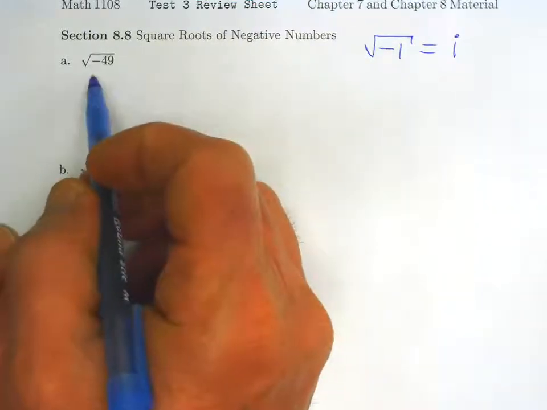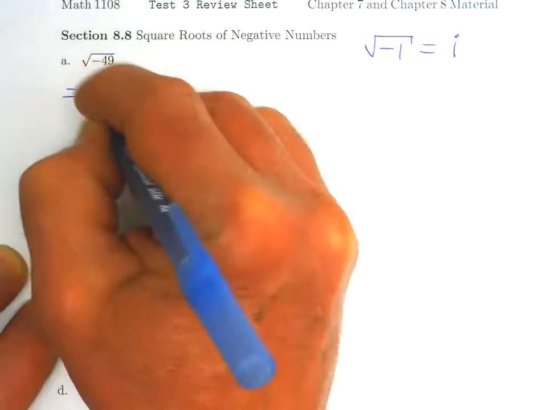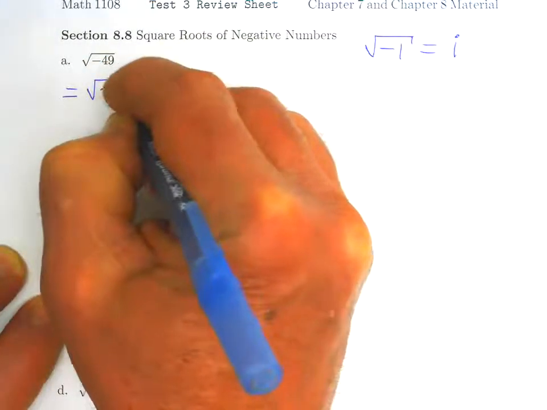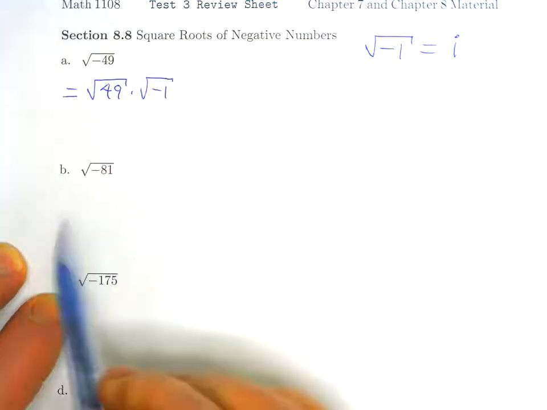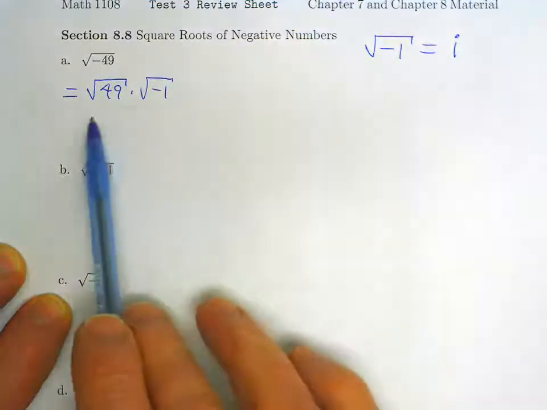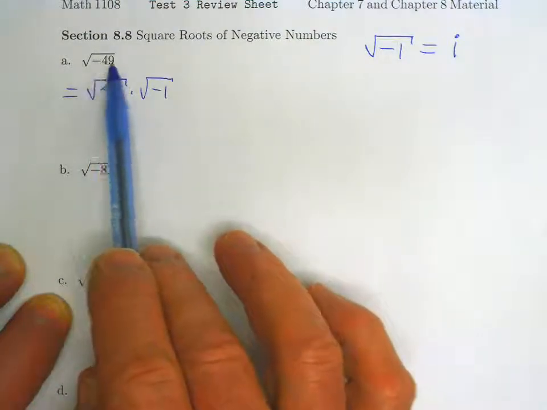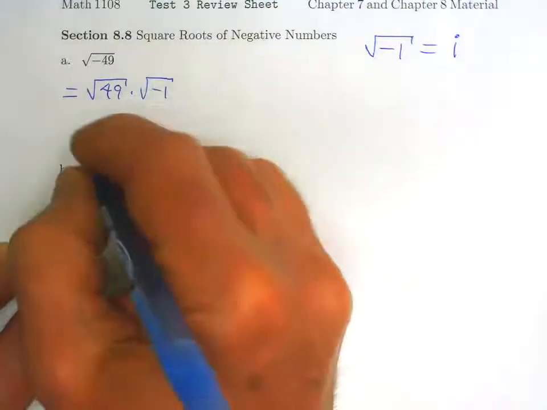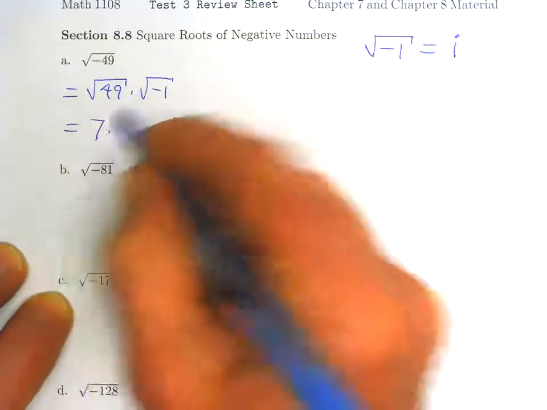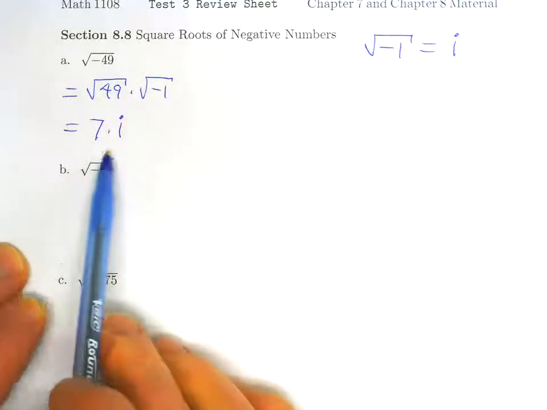So this first one, the square root of negative 49, think of that as the square root of positive 49 times the square root of negative 1. According to the product property of radicals, 49 times negative 1 should be equal to negative 49, which it does. And then the square root of 49 simplifies to 7, and we replace the square root of negative 1 with i. So our simplified answer is 7 times i,